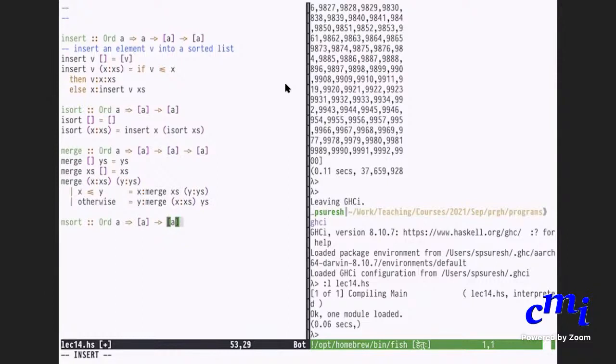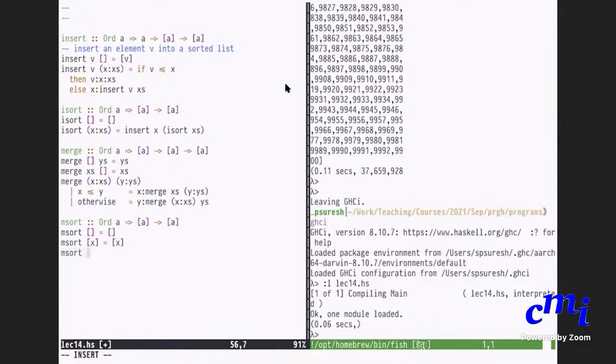That was my original idea. So how do you split your list into 2 halves? M sort of empty list is empty list. And I'll also say M sort of singleton list is just that singleton list.